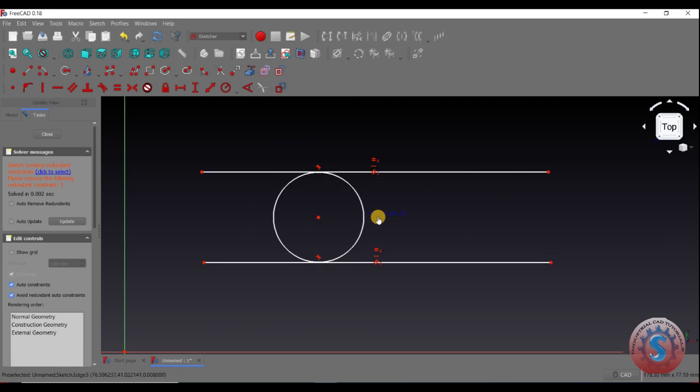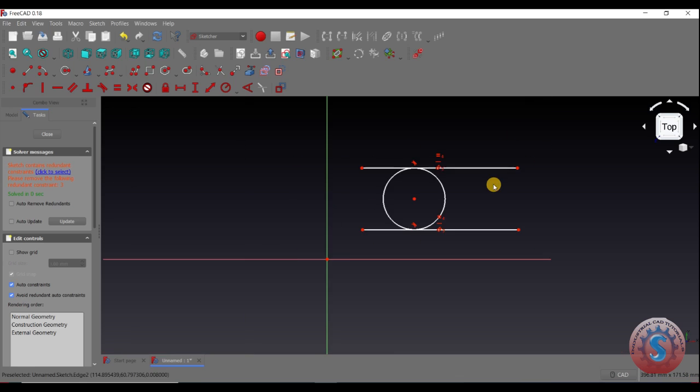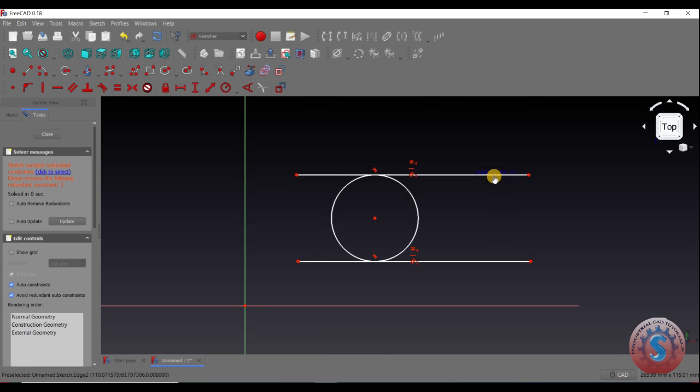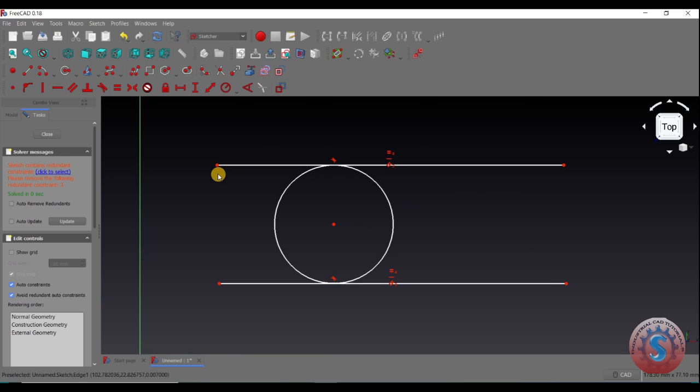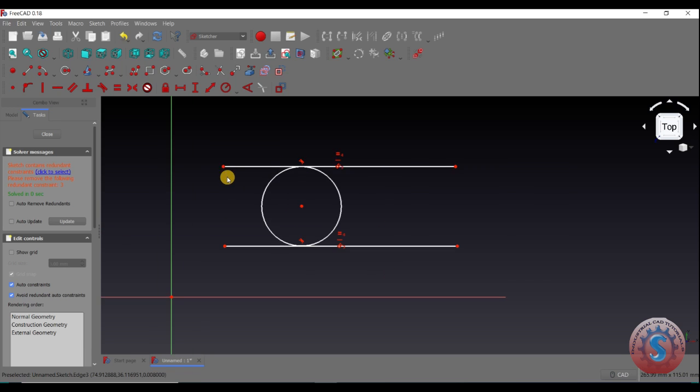You can observe I want to constrain it, because all of these objects are moving, it's not constrained. How? For example, this point is there, I'm selecting the first point and second point, the starting points, and select here. You can observe I'm selecting the vertical constraint. After selecting the vertical constraint, you can observe